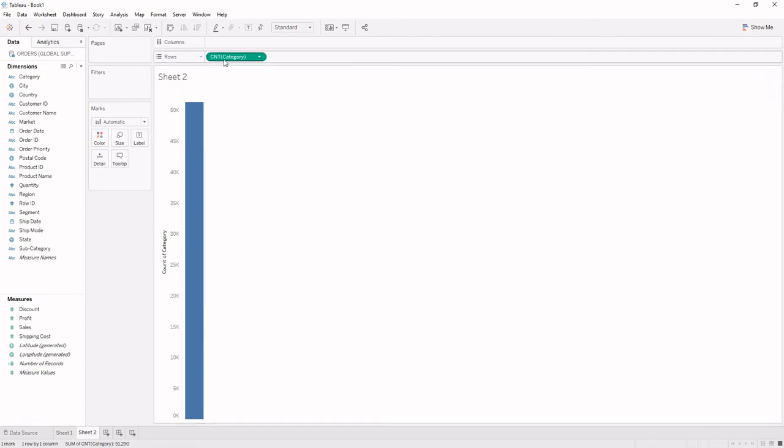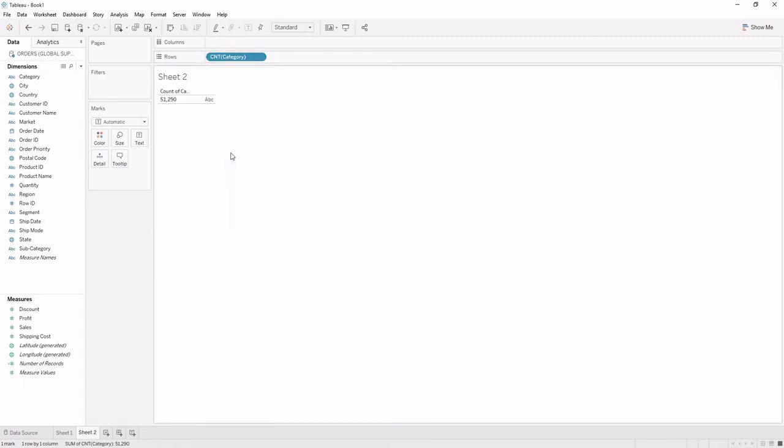Now we can see that this field is aggregated but it turns green in color, and discrete measures are the fields that have aggregations but are blue in color. So what we need to do further is right-click over this field and convert it to discrete. So now this field is a discrete measure as it has an aggregation over it and it is blue in color. Similar to this, we can also create discrete measures using measures.